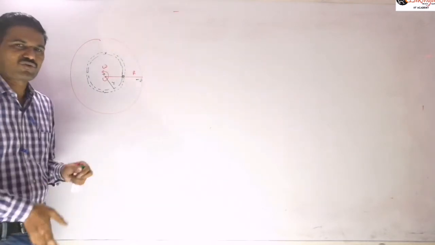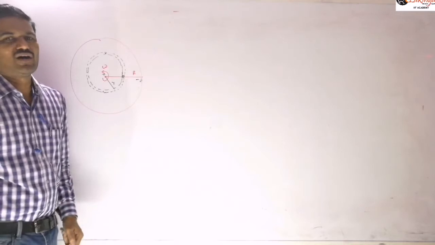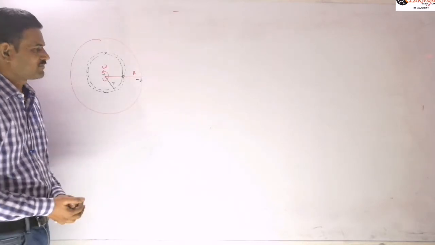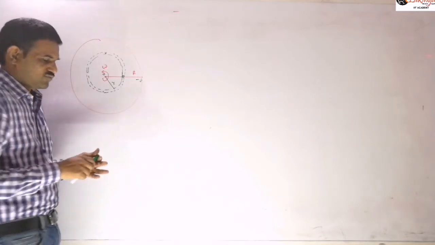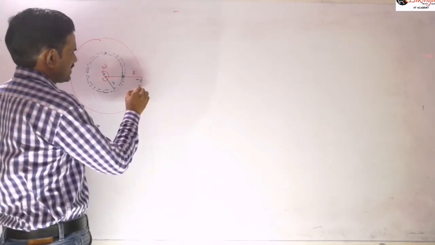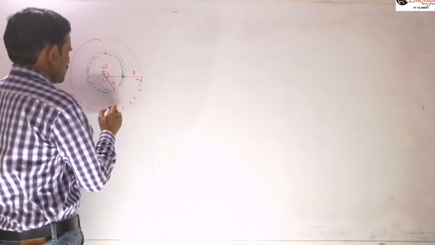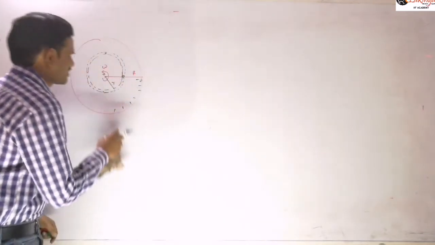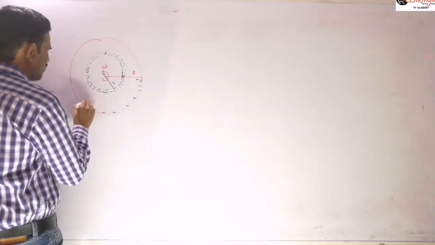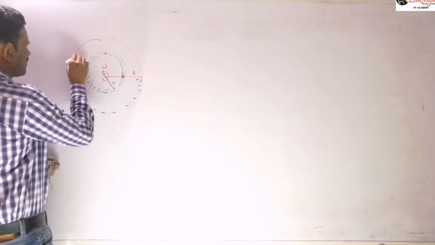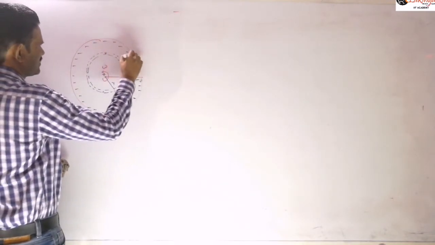So because of that outward force, the electrons are moving towards the edge of the disk. And so what I am saying is this edge will get some negative charge. So this edge is getting some negative charge. So when the edge is getting some negative charge, automatically you can say that the center will get some equal amount of positive charge here. There will be some deficiency of charge at this center.